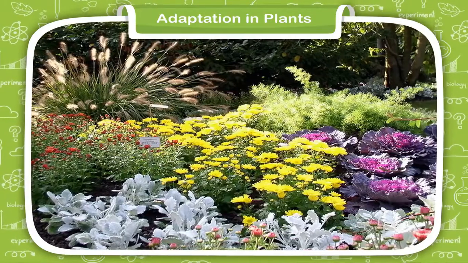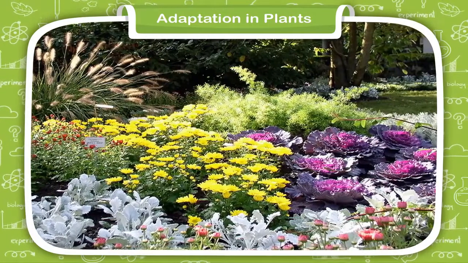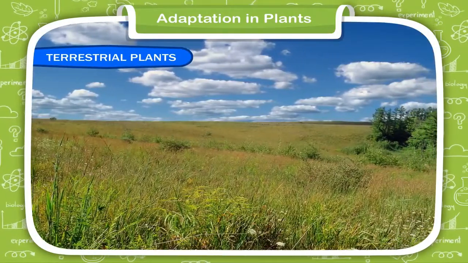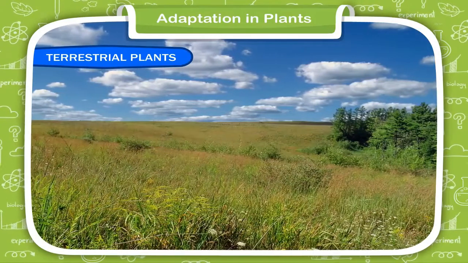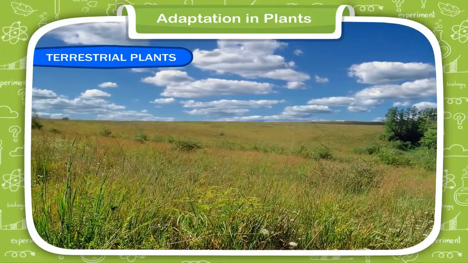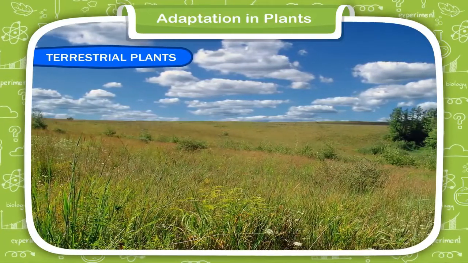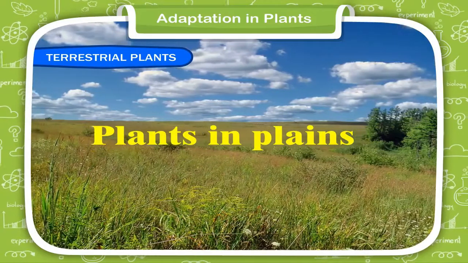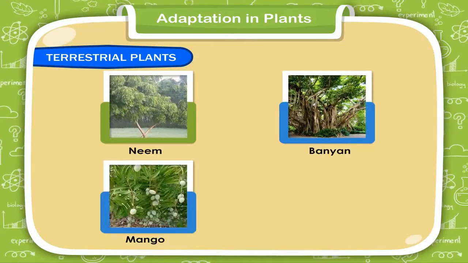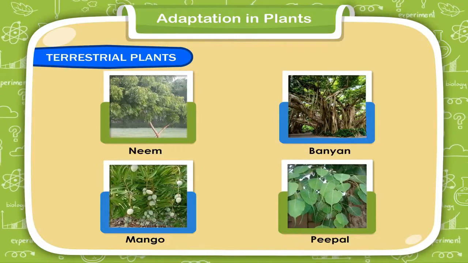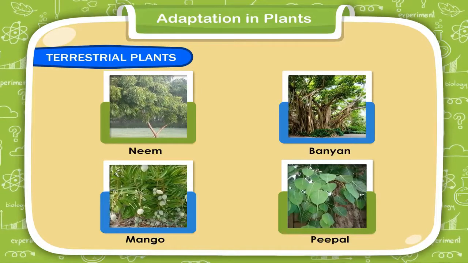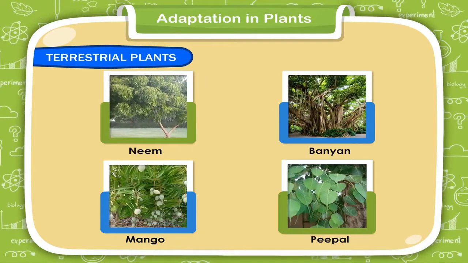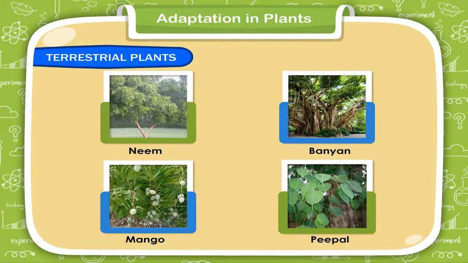Now, let us find out how plants differ from each other according to their surroundings. Terrestrial plants. Plants that grow on land are called terrestrial plants. We can see different types of terrestrial plants according to different landforms. Plants in plains. Some trees such as neem, banyan, mango and peepal grow in the plains. They have broad leaves. They do not shed their leaves in winter and continue to grow new leaves again in